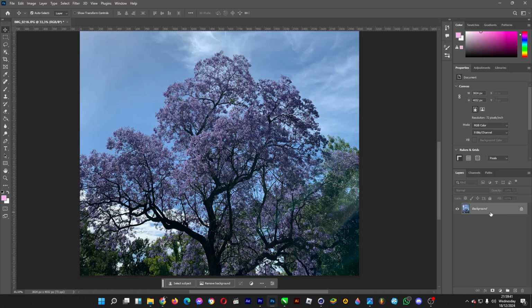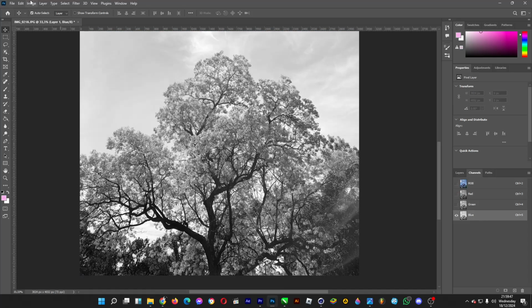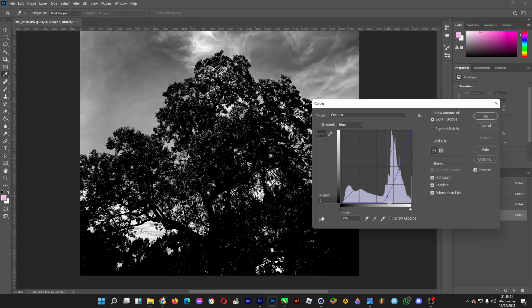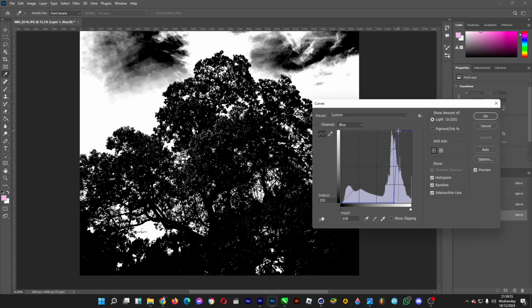So to do this, Ctrl J to duplicate the image layer, go to channels and then select only the blue channel. Select the blue channel and then go to image adjustments and then curves, and then drag it down so that there are plenty of black areas so that it acts as the area for the subject and the white